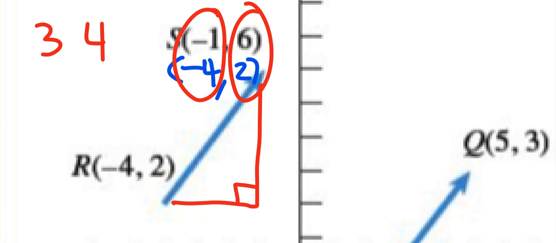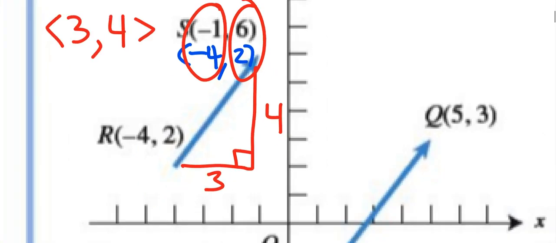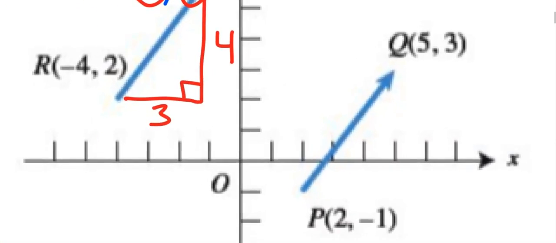See that right triangle? What do you think the bottom edge is? 3. What do you think the vertical side is? What's the component form for this vector? 3, 4. Good job. So the idea that you were mentioning about slope, smart idea, right? Because you really are just finding the sides of that triangle. That's the component form. Now, if this other vector is the same, what do you think is going to be true about this other vector? The component form has to be 3, 4.